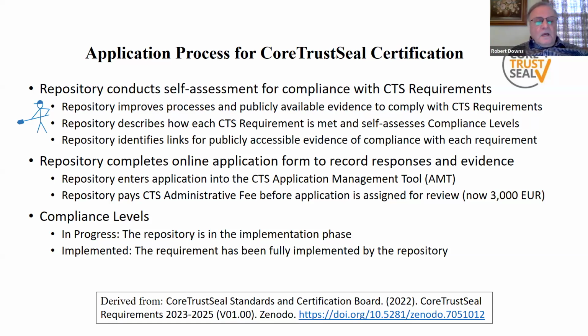In other words, we don't always have all our capabilities in place when we start this process. And so what we need to do is identify ways in which we can improve certain capabilities to meet a requirement, and document that. We need to do this, this capability should be enhanced a bit, etc., as we go through that. And this way, we have a marker, if you will, of the things that we need to do. And we can